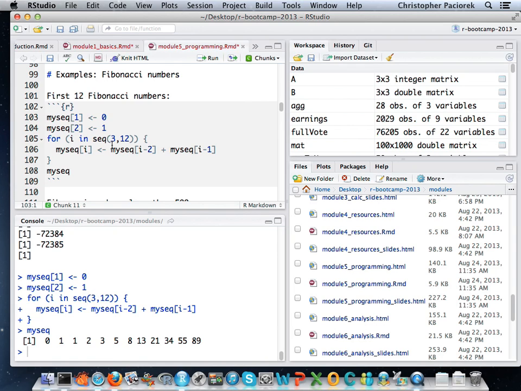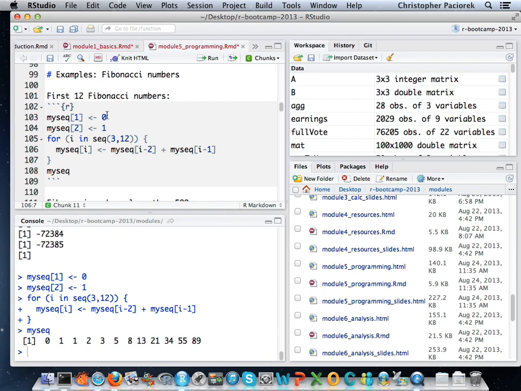And so that's what's happening here, and I'm doing the thing that Chris said not to do in his talk earlier today, which is that I'm sort of creating this sequence on the fly. So I'm creating a new vector every step of this loop. And this is the thing that ends up being very slow if you do this 50,000 times. But of course here we're only going to 12, it doesn't really matter.